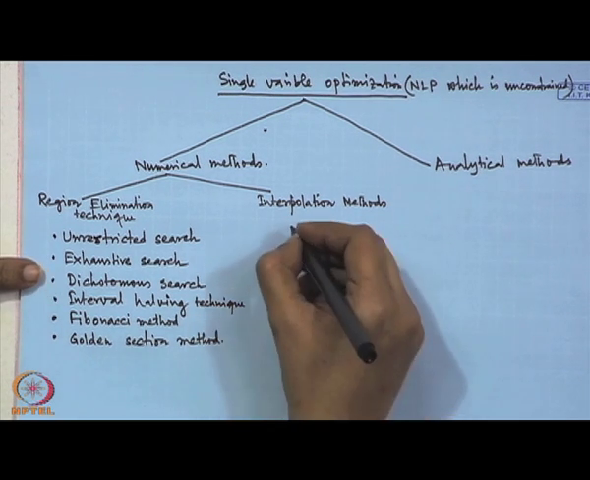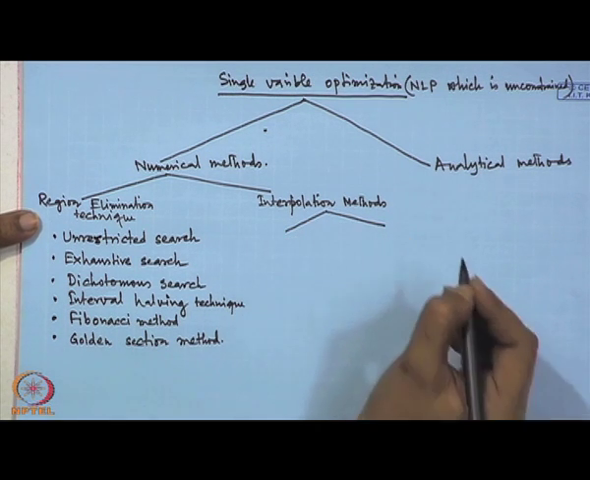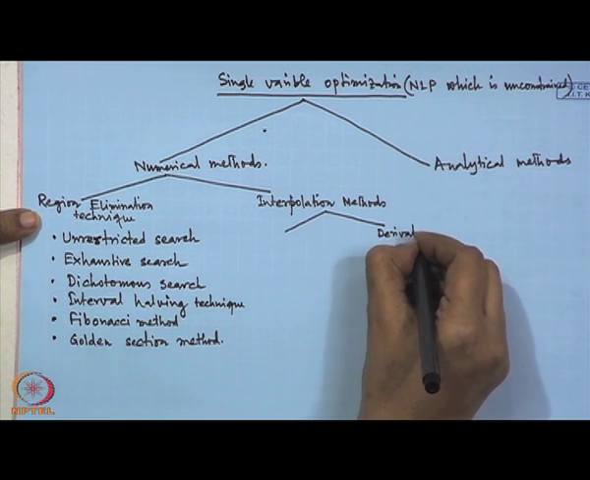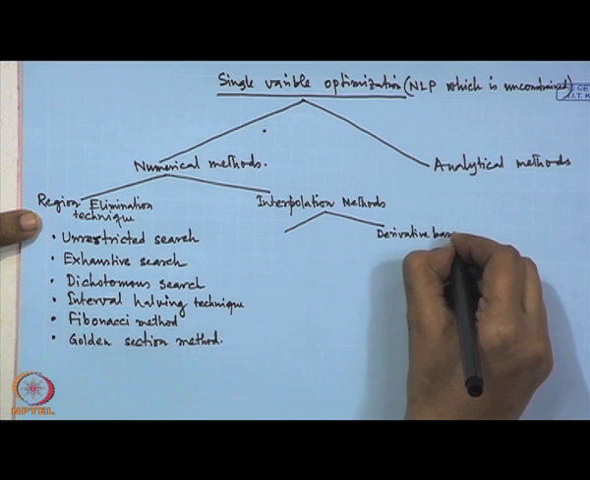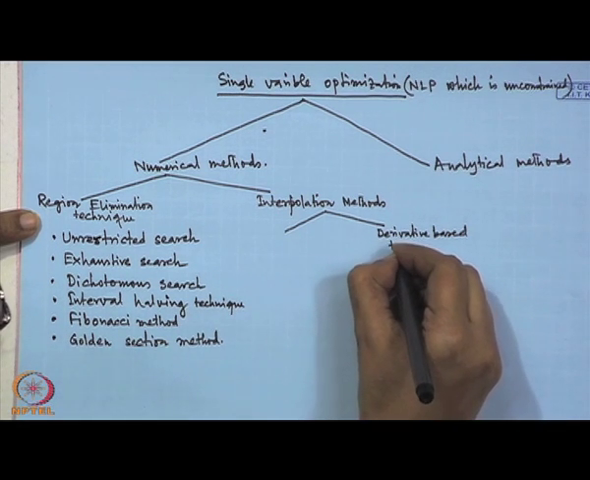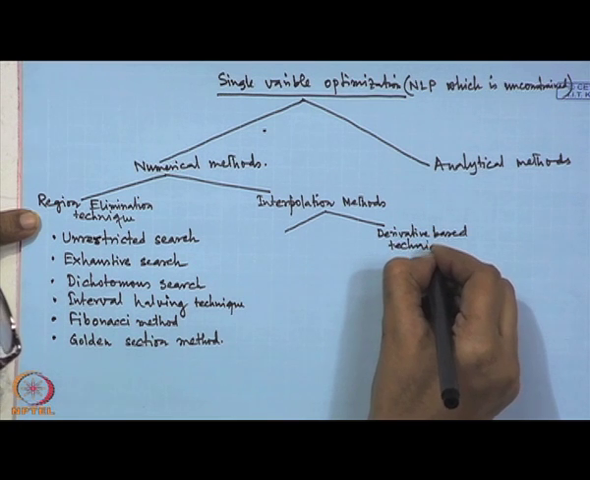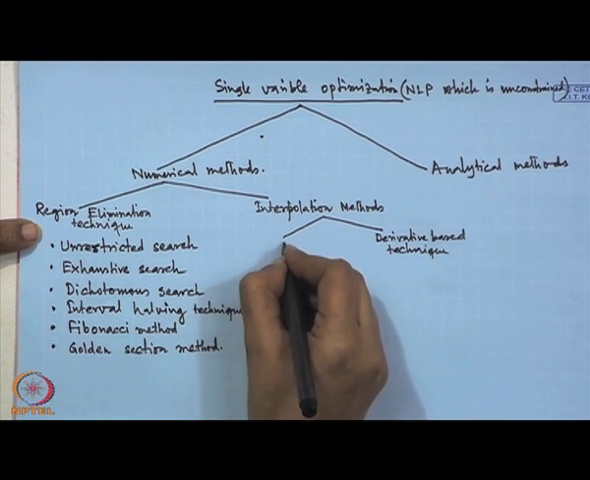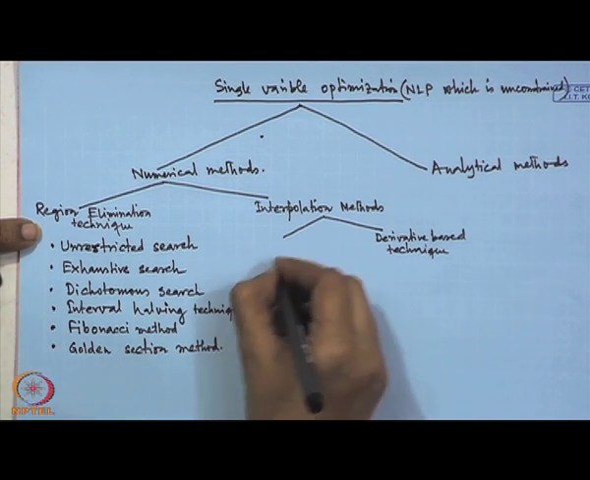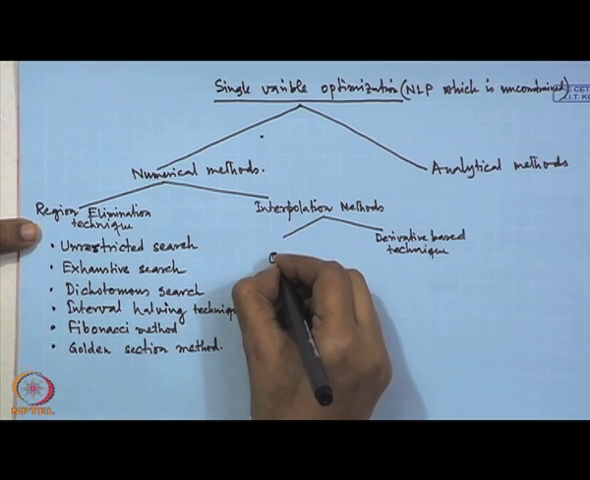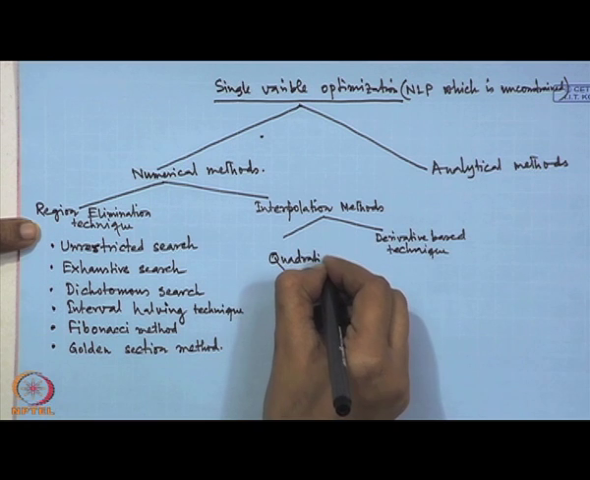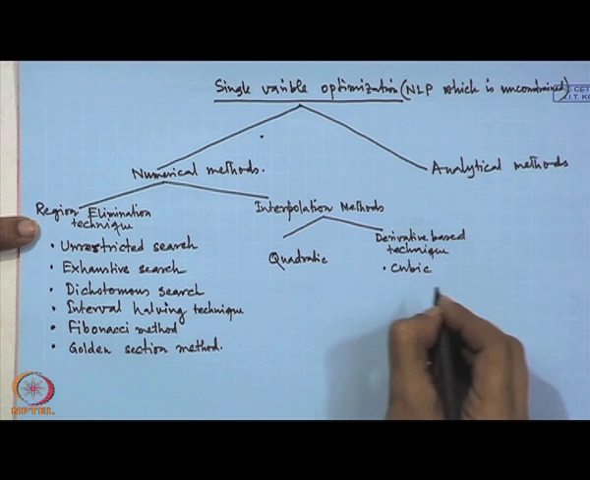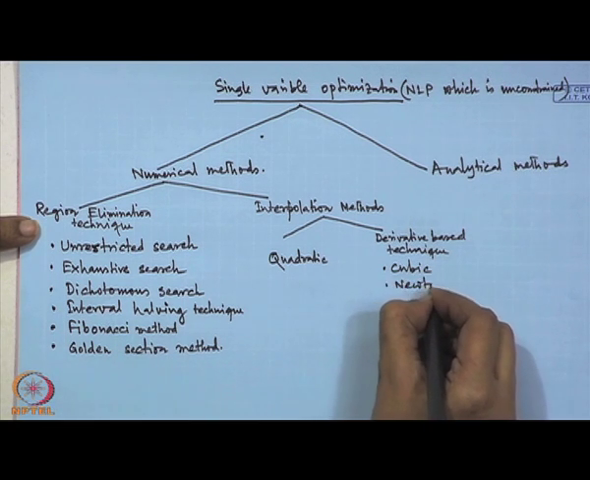Now, coming to the interpolation method, there are two types. One method is dependent on the derivative of the function. That is why we can name it derivative based techniques, and the other method is not dependent on the derivative of the function. Among the non-derivative based methods, one of the most popular is the quadratic interpolation technique. For the derivative based techniques, one is the cubic interpolation technique,